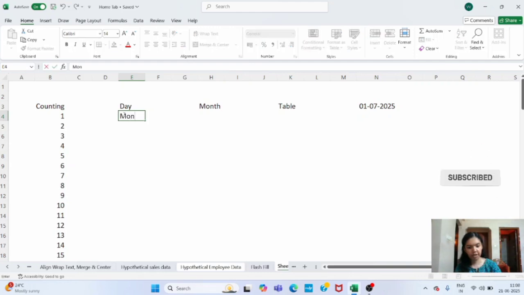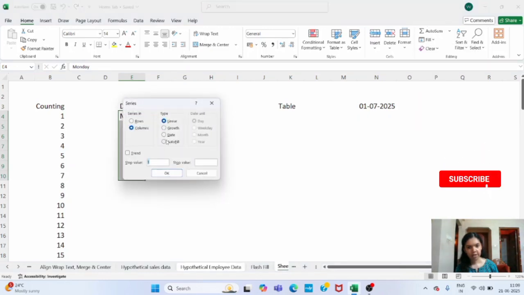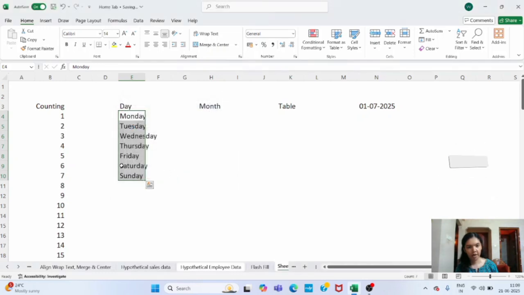Same way we'll try to do it for the day now. I'll just write here Monday. And we'll select the cells now. And then click on fill, then series. And just click autofill and click OK. So automatically the days have appeared here.